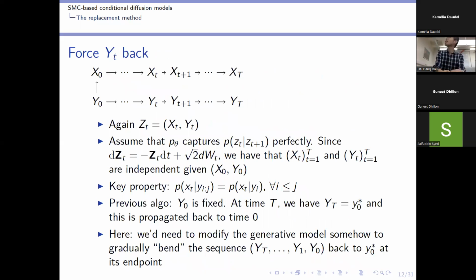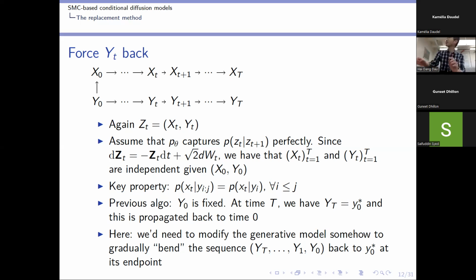Okay, so there is one idea for this that has already been presented in the literature. So it's more or less natural, right? Okay, so you have Zt is equal to Xt Yt. So for now, we will assume that P theta captures the P Zt given Zt plus 1 perfectly. Okay. And so if you have a perfect modelization by a neural network,